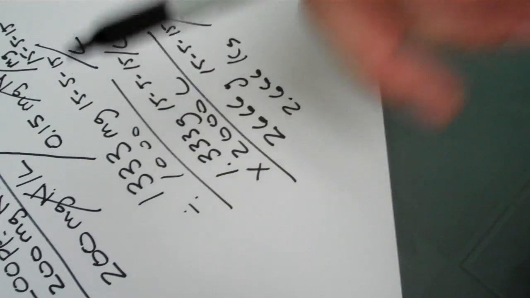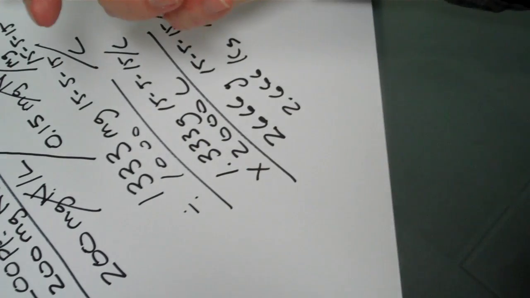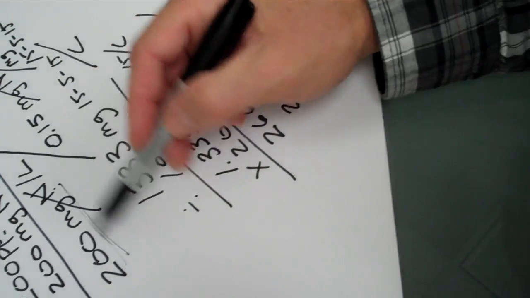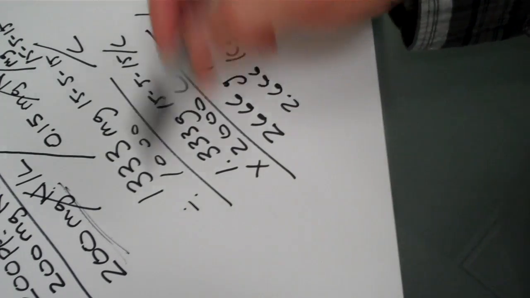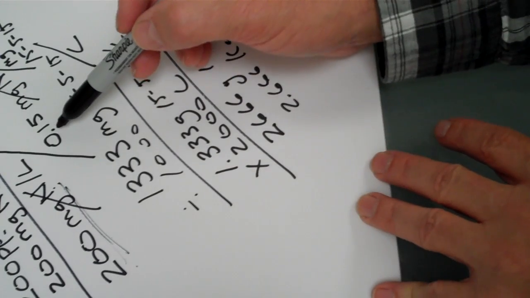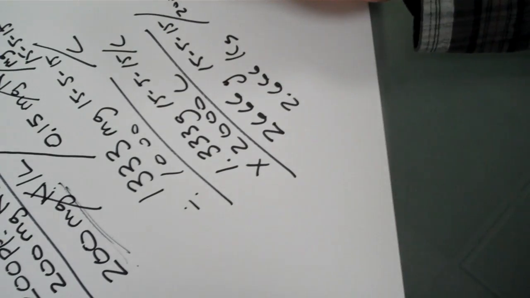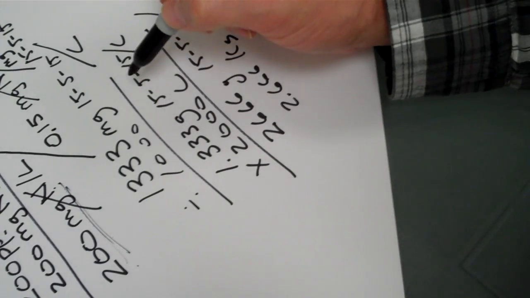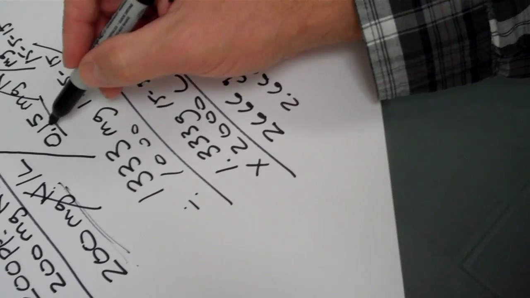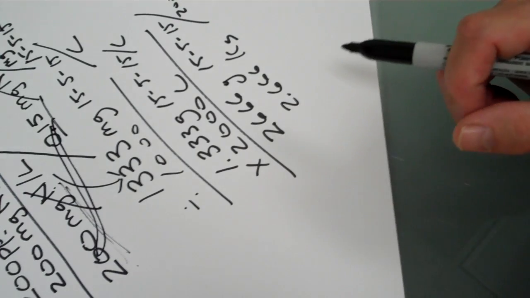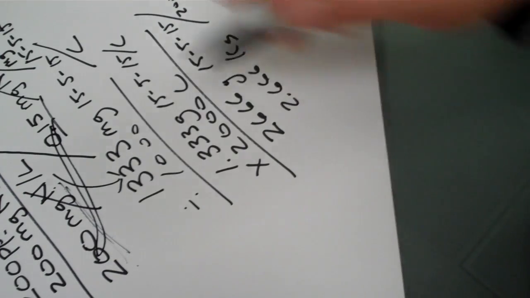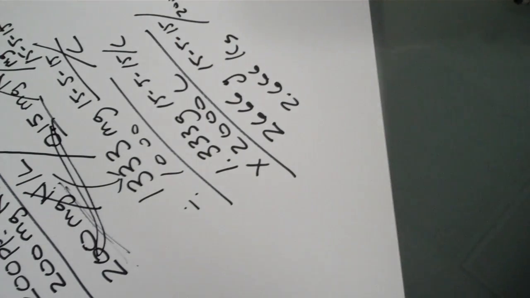We need to know how much fertilizer to put into that solution to get this 200 milligrams of N in a liter. And the way we do that is dividing by what percent nitrogen is in the fertilizer, expressed as a decimal. And when we divide these, we come away with the 1333 milligrams of the fertilizer,